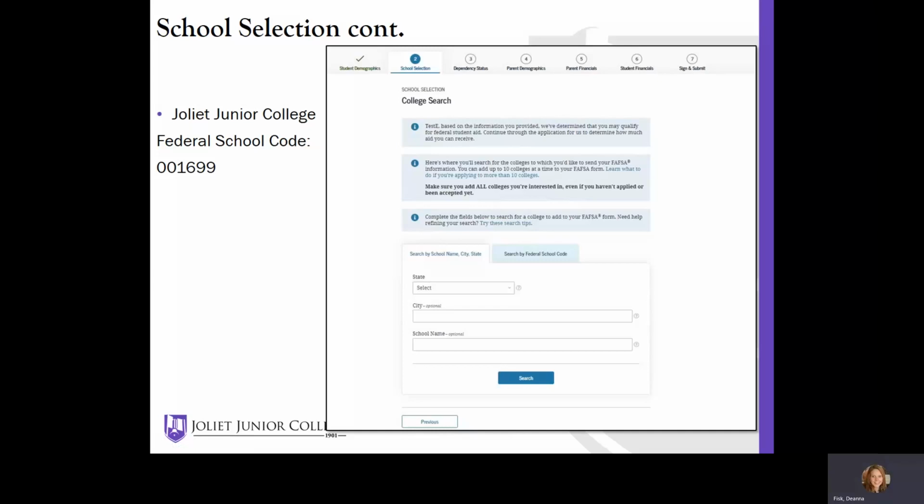The next school selection page is where you select up to 10 colleges to send the student's FAFSA information to. If the student is unsure what college they will be attending, continue completing the FAFSA anyway. You can always come back to your FAFSA and add or change school codes. It's always a good idea to add your local community college to your FAFSA just in case your plans unexpectedly change. If you already know your school's federal school code, select the Search by Federal School Code tab and enter the code. Joliet Junior College's code is